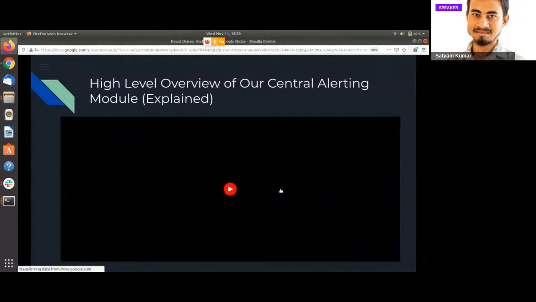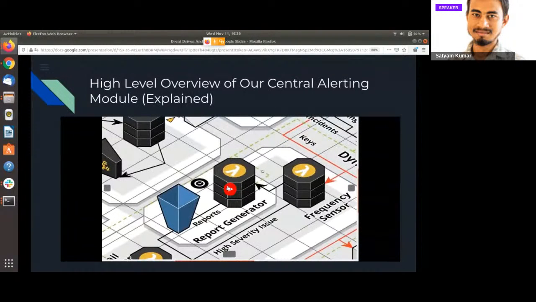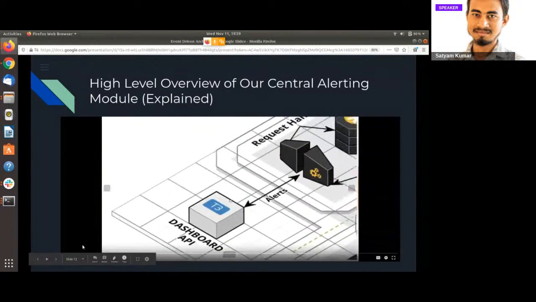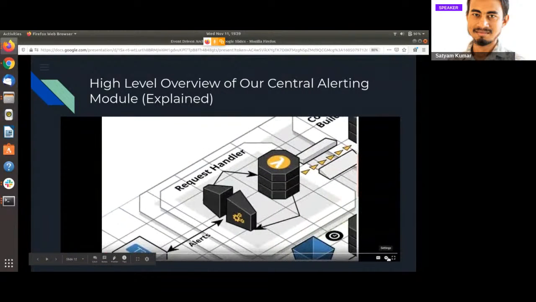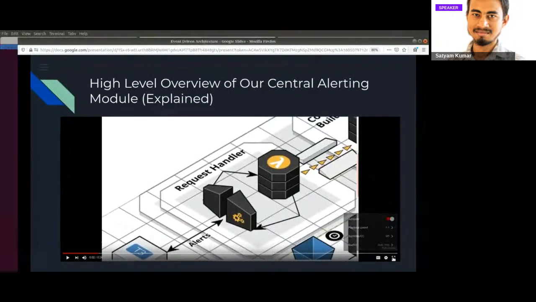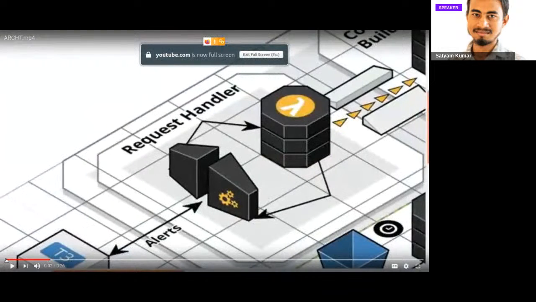The video does not have any audio, it just has a visual presentation of the slide I showed in the previous slide. I'm going to decrease the playback size, making it full screen.